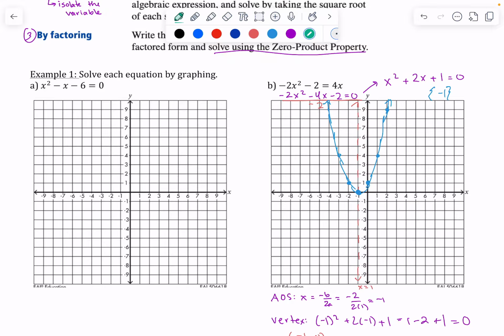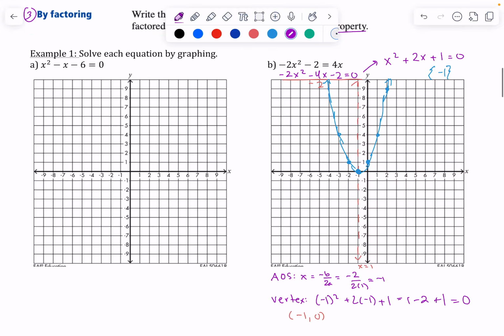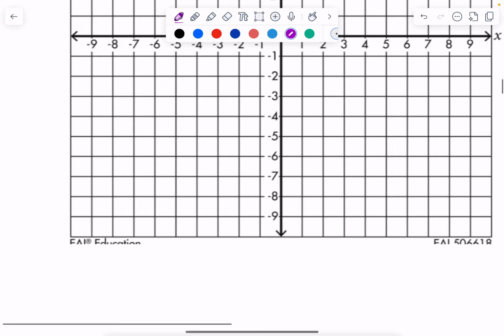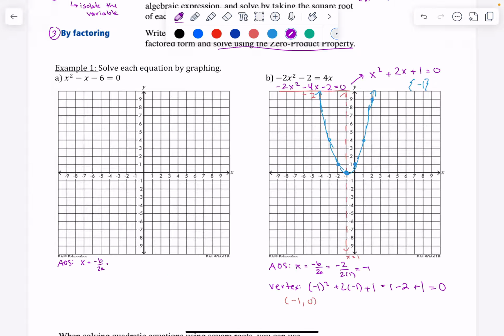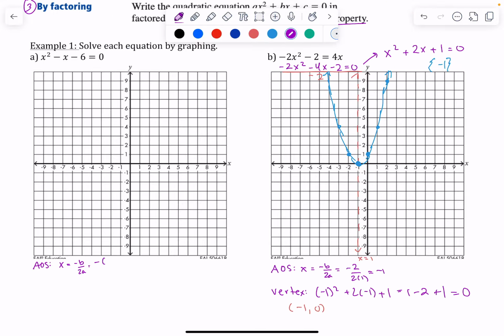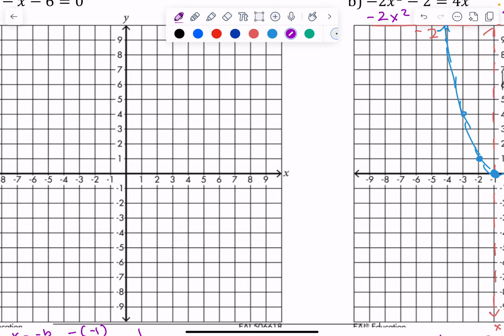All right, let's do example 1a. Here, again, it's in standard form. I don't have to move everything to one side, so I can go straight to axis of symmetry and vertex. So axis of symmetry formula, x equals negative b over 2a. Your b value is negative 1, so that's negative 1, 2 times 1, which gives us 1/2. Don't love that number,